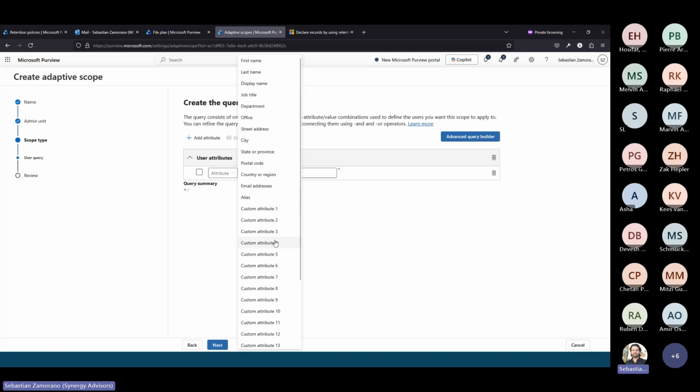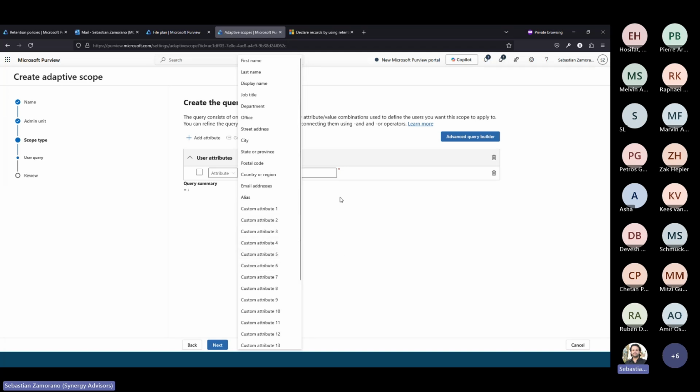Some information is not in place. But if we want to do something quick, and I will share later, I have a GitHub page where I'm sharing several scripts on PowerTool. It's not complicated. We can do, again, based on a CSV that we can request from HR and go through all the users, setting a custom attribute. And having that custom attribute like EMEA, we can set custom attribute 5 and set EMEA to all the users